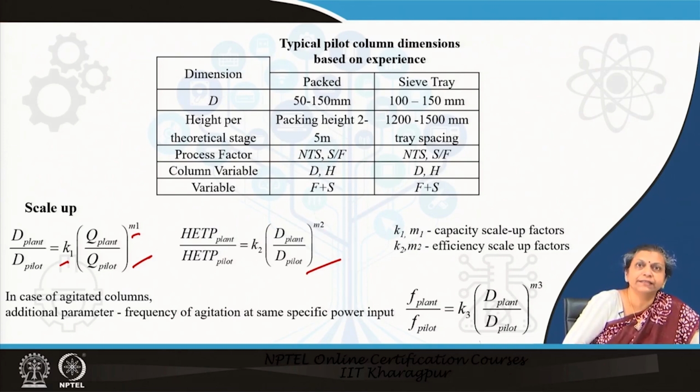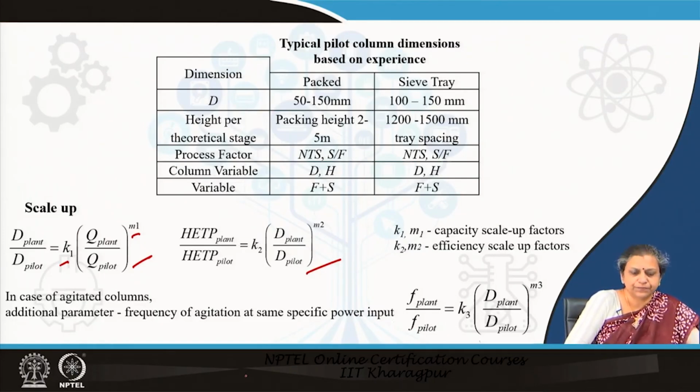scale up factors. And one more thing you should remember is that when we are going for agitated columns, then there is an additional parameter which should be considered, that is the frequency of agitation at the same power input. This is almost similar, if you remember when we were discussing scale up for mixer settlers, there also we had scaled up assuming the same power input. So, in this case also we assume this, and accordingly the frequency of agitation is decided here. This has got an additional advantage that it gives us one more parameter that we can vary in order to